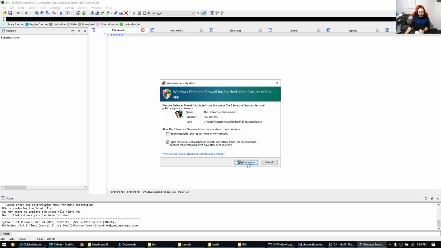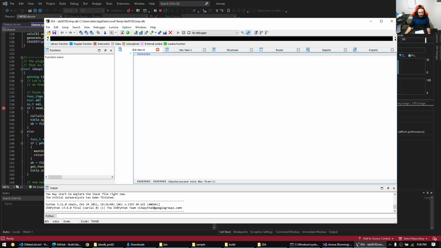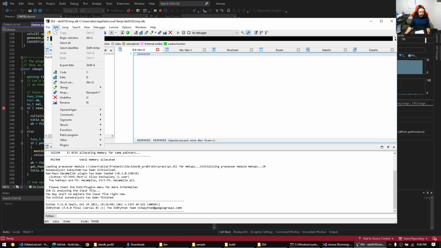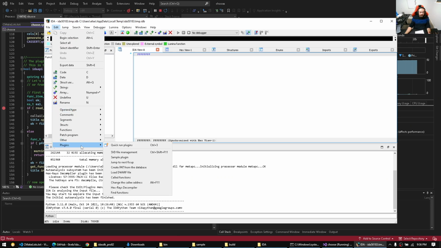Now IDA will pick up, IDA will be the host. None of your breakpoints will hit until IDA actually decides to pick up your plugin. So let's see. Now this is not about how to write plugins, but